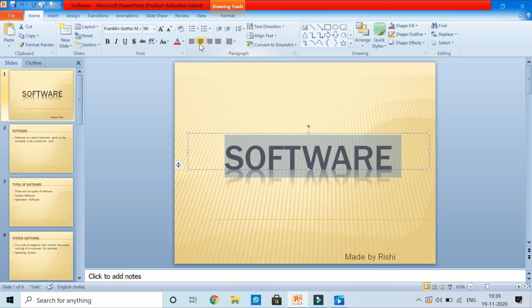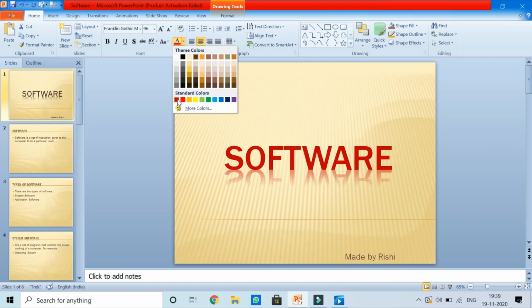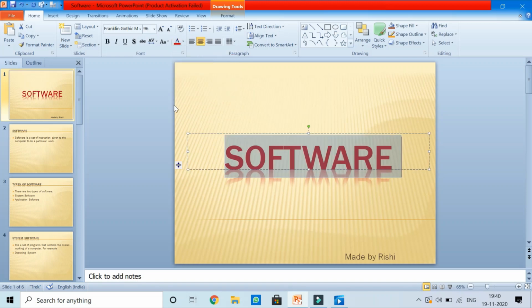Now I want to change its color. So I can do it in two forms. First, you can go to Home and go to Font, and then you can choose the color from this drop-down font color tool, and you can just check which color is looking good for you. Just keep your mouse pointer on it and check it out like this. So I find this red color a little good, so I'll take a maroon color, so dark red. So I'll just take this color.